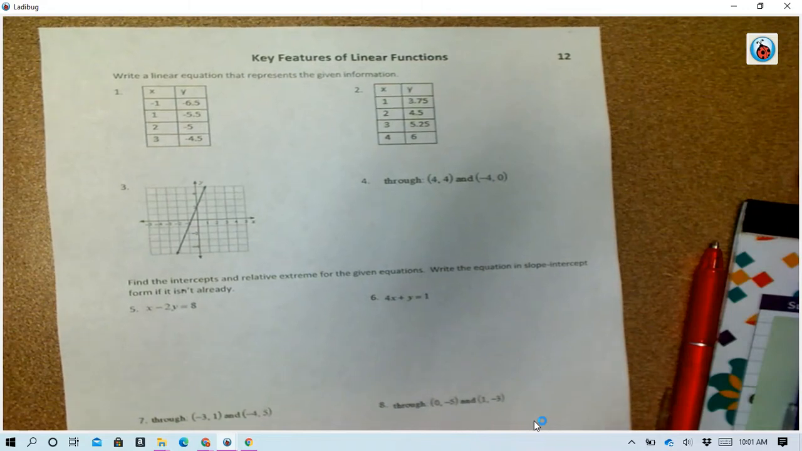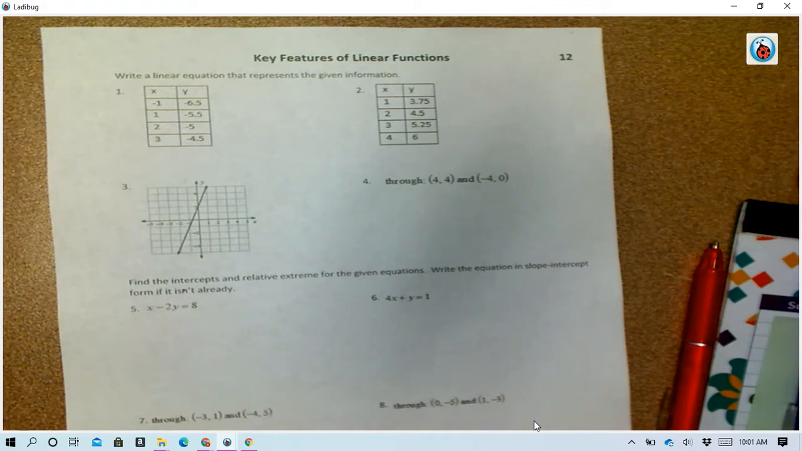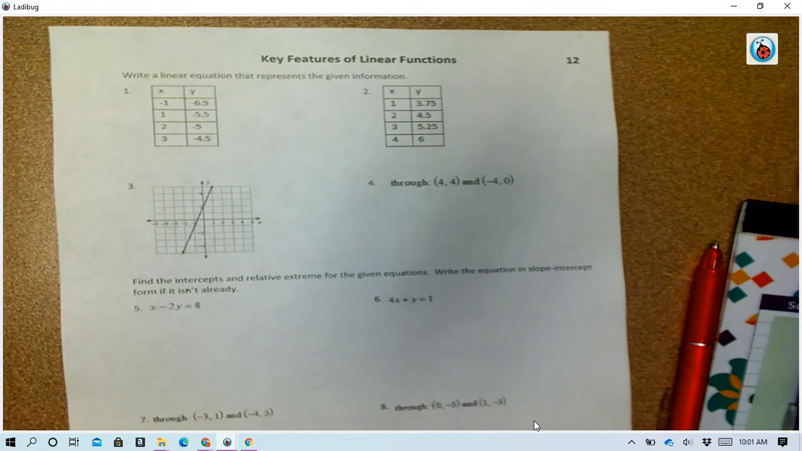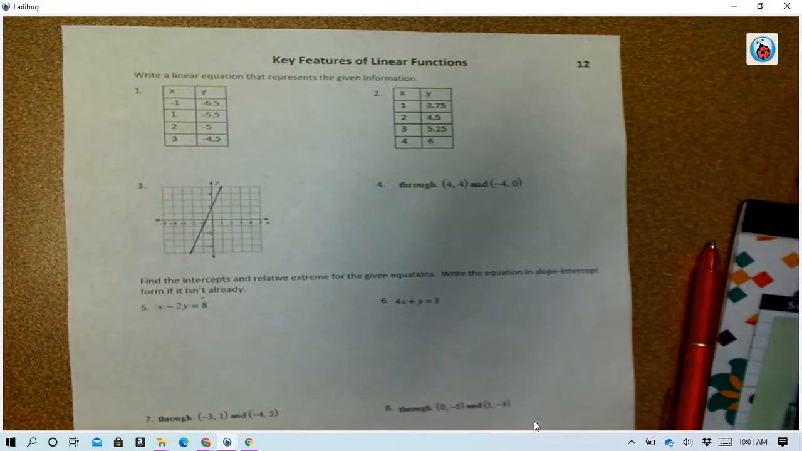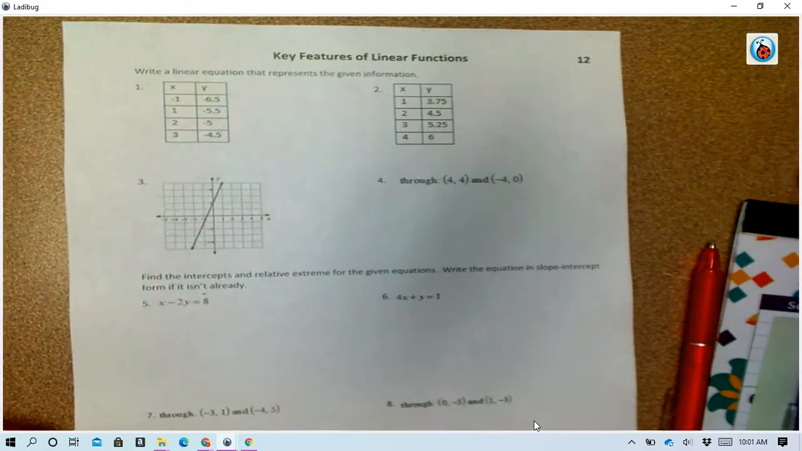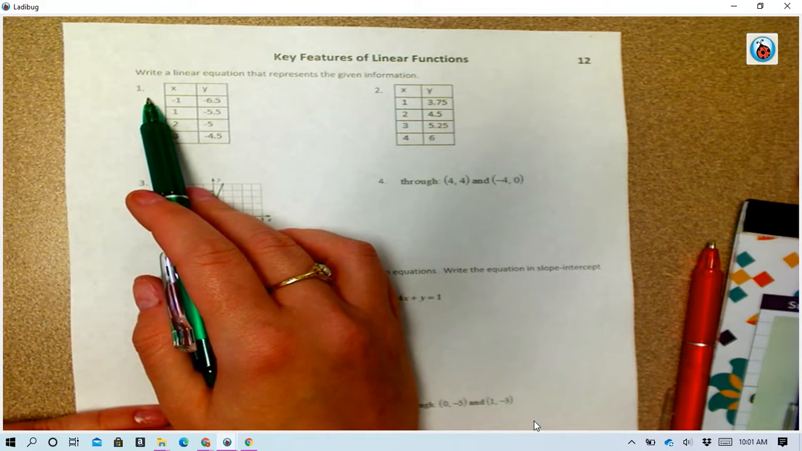If you don't have a printer, you can just, like we've done before, copy down the tables and write down the key information from the graphs. So the first section asks us to write a linear equation that represents the given information. Simple enough. You might need to look at this table from page 11 on how I'm doing these as a reference. So number one is a table, and on page 11, to find the slope,